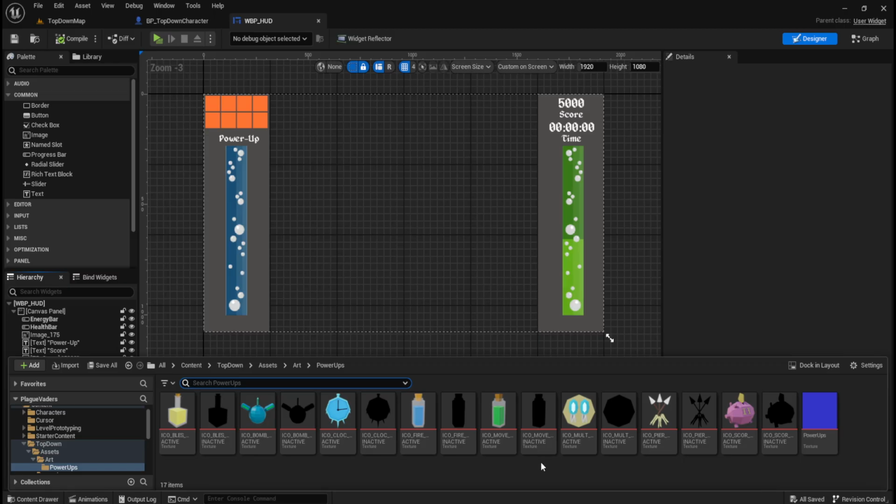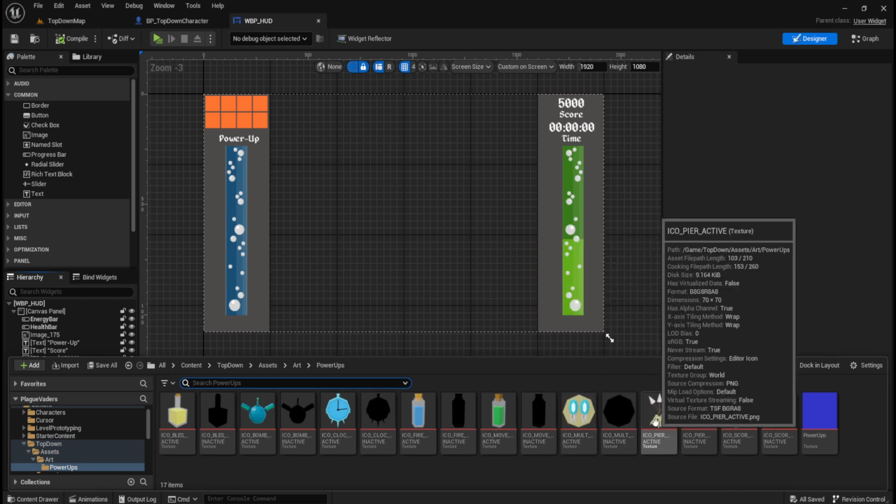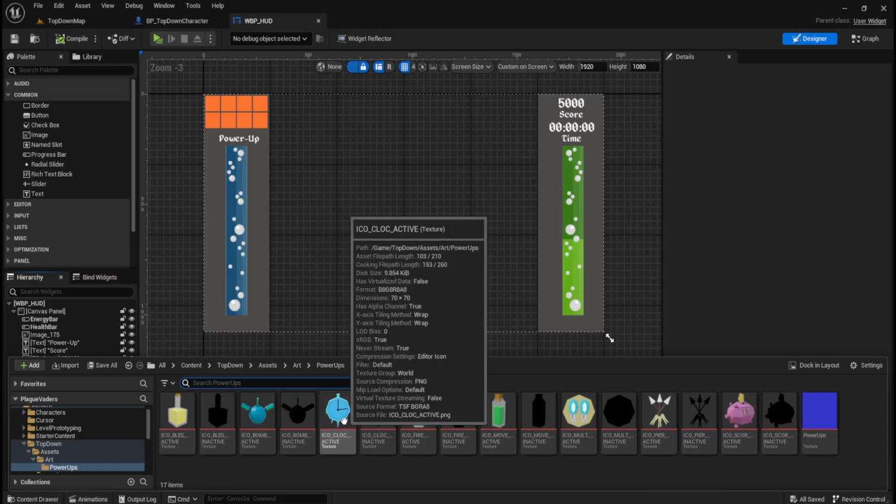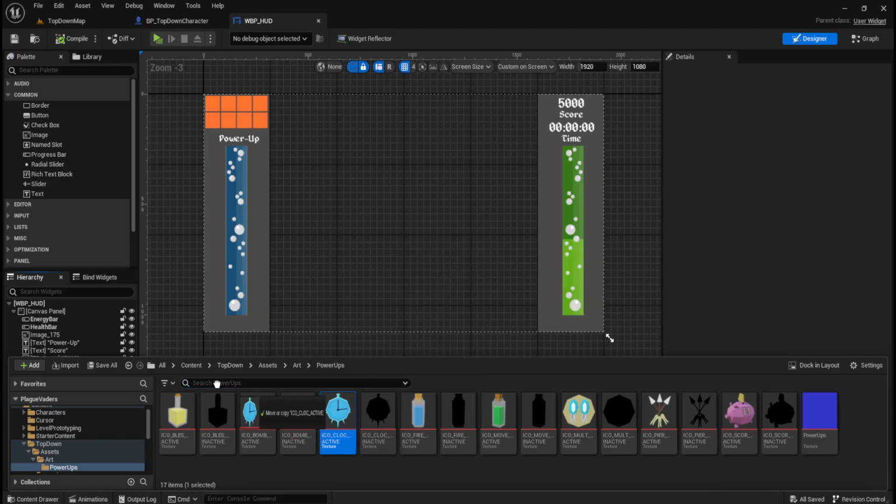I think maybe I'll have Piggy on the bottom with the potions, and then have the bomb, the clock, multi-shot and piercing, because multi-shot and piercing are very similar in the way they affect the projectile. These, I think the clock should go first. So what I'm going to do is drag the clock onto the canvas panel,